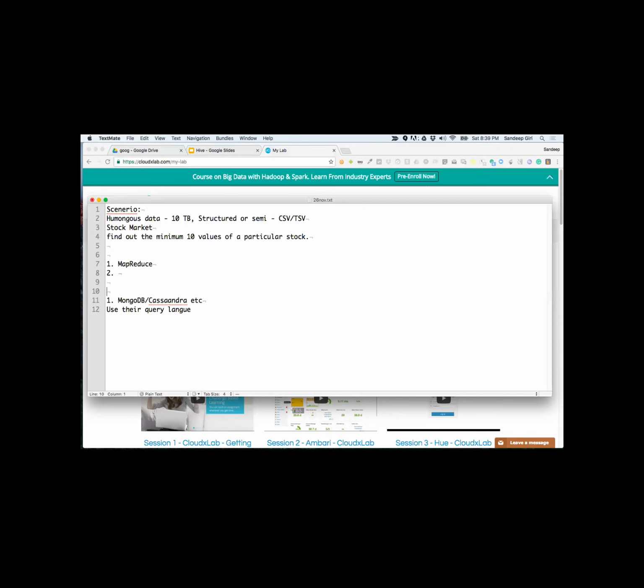The other option is use Piglatin. Fourth option, what Anup is suggesting, use Redshift. But keep in mind that for Redshift, you have to keep uploading this data to the Redshift data store.